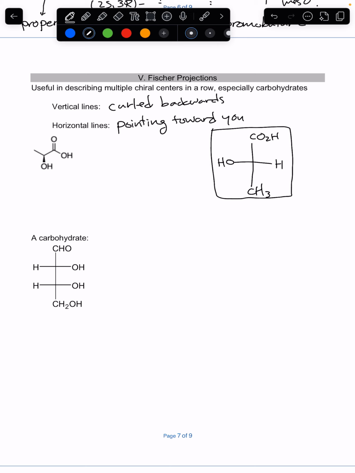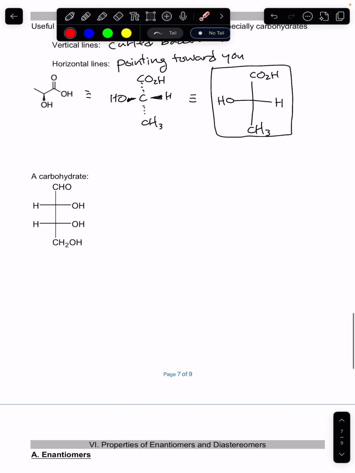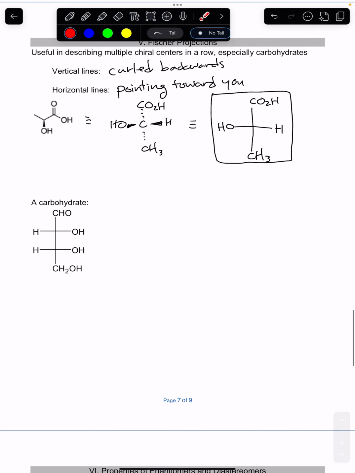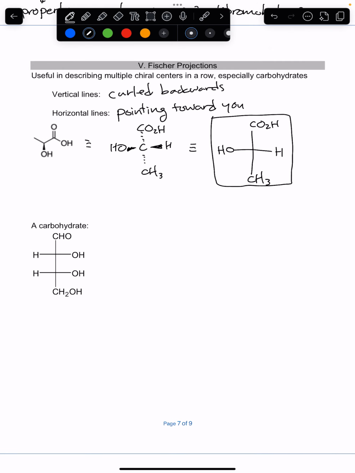So basically the picture you'll want to be thinking of for this molecule: the top and bottom groups, the vertical lines, are curled backwards, and the horizontal lines are pointing towards you, like so. And you notice that's the exact same structure as that lactic acid, so that's the structure there. Okay. Indeed, let's think about some other example, like if you had